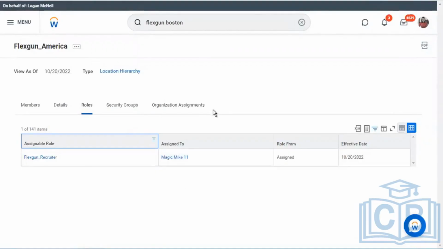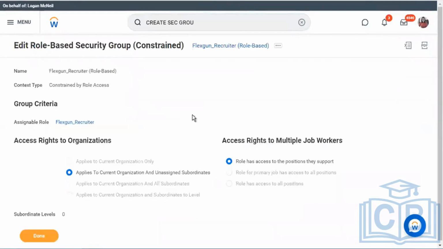But Magic Mike literally cannot do anything yet, because we have not given this group any security. Even if he is a designated recruiter, we cannot do anything about it. But let's first understand these options.